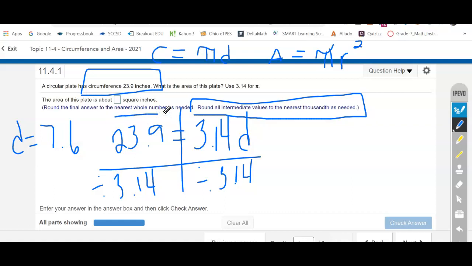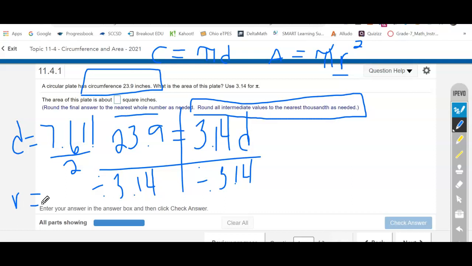Intermediate numbers nearest thousandths. So that's 7.6114. But thousandths place, there's three places. The 4 to the right would say leave it alone. So 7.611. Because we look at our area formula, we need the radius. I got the diameter, so we cut that diameter in half to get the radius. So 7.611 divided by 2, and that gives us a radius of,